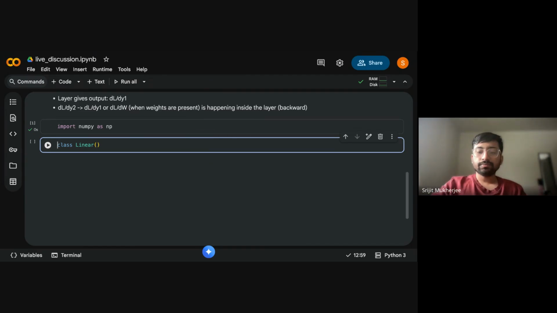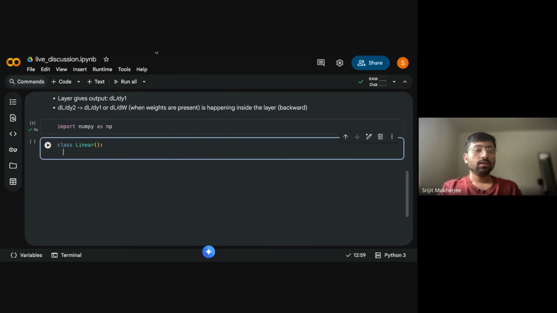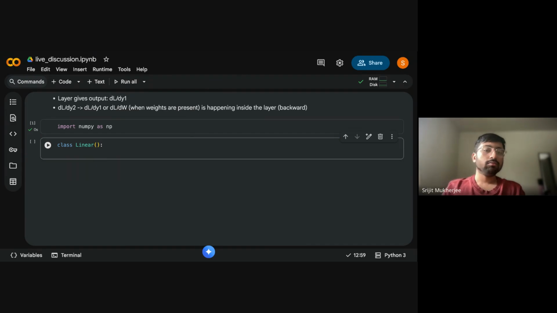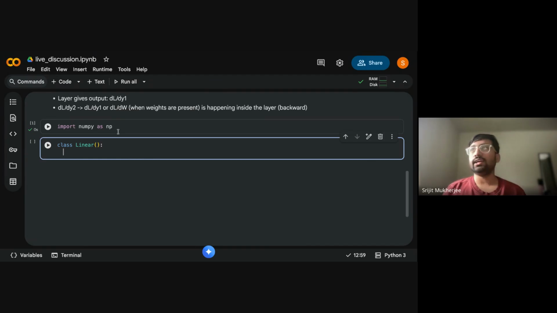So, class Linear, and then what do we do? Whenever we define this, this is a linear layer. So what is happening in a linear layer? Understand, when you are defining a layer, what parameter should you give? You should give,